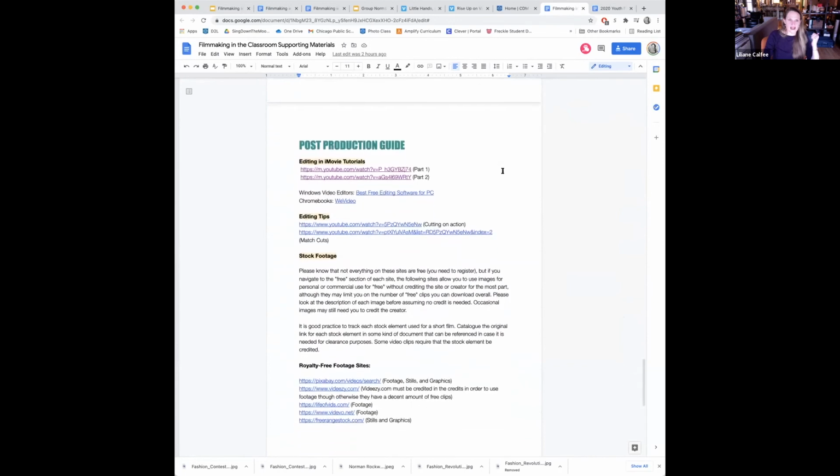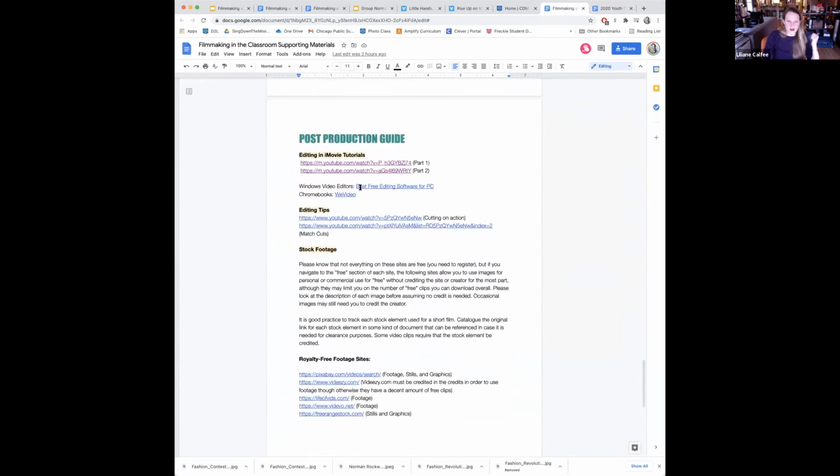Post-production guide. We've got a number of video editors that work with Windows, and then we have a program that works with Chromebooks. Unfortunately, I didn't see anything that was fully free that was amazing, which, why would it be, right? However, I did see that some of these programs, for example for Chromebooks, if we look at this option here,